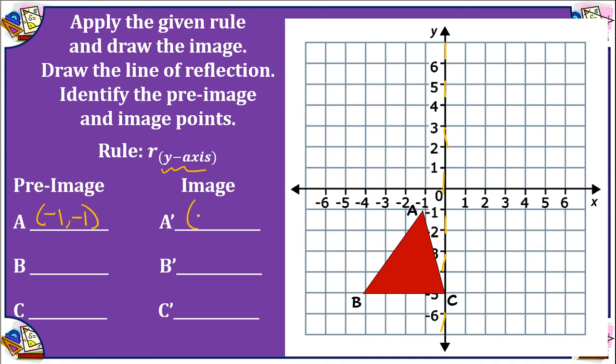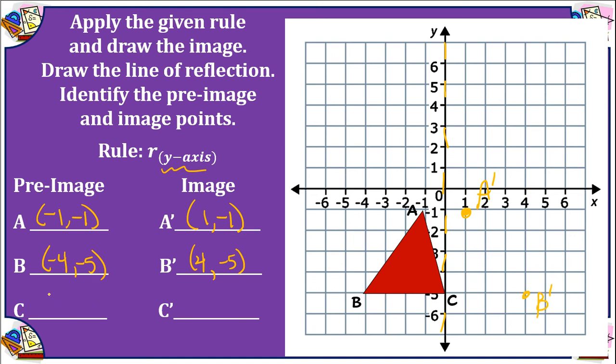So our A prime is going to be 1, negative 1. Across the y, the y stays the same. So this is 1, negative 1. Then we have B, which is negative 4, negative 5. Across the y, the y remains the same, and our x changes to positive. So we have 4,